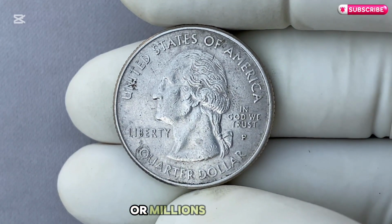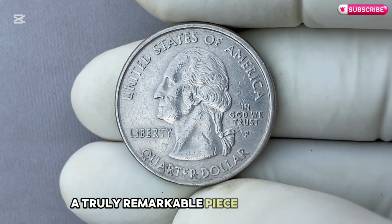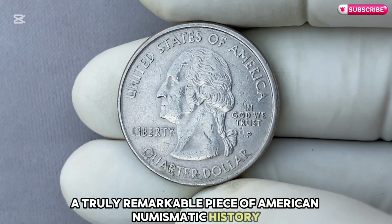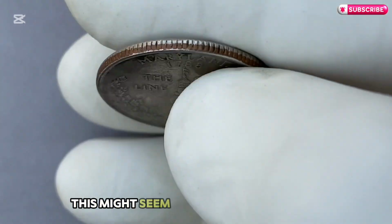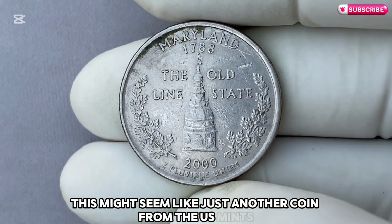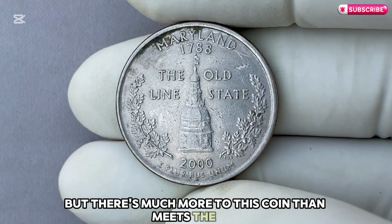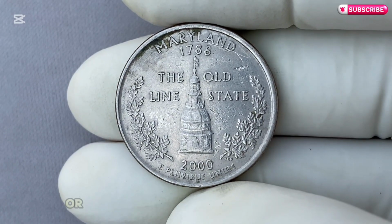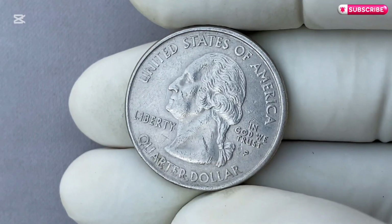or millions. Top 2. We're diving into a truly remarkable piece of American numismatic history, the 2000 Maryland Quarter. At first glance, this might seem like just another coin from the U.S. Mint's 50-state quarters program, but there's much more to this coin than meets the eye. If you're a coin collector or just someone who loves discovering hidden treasures, trust me, you're going to want to